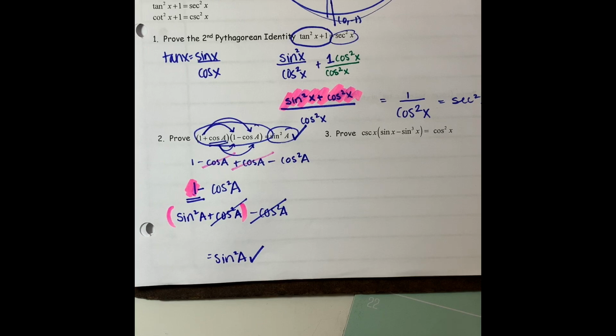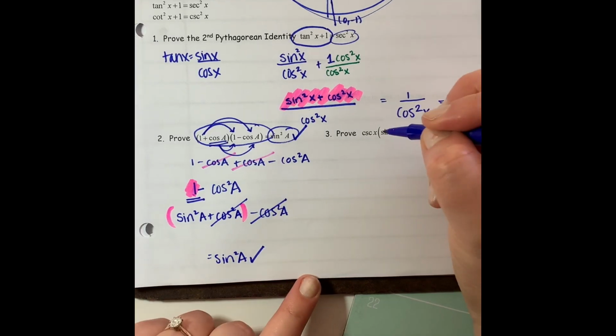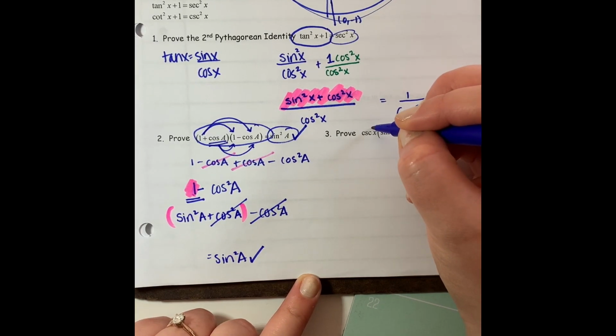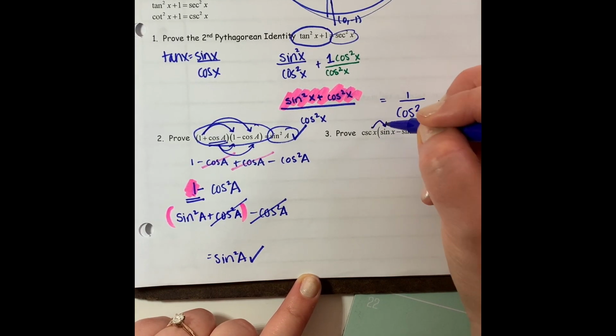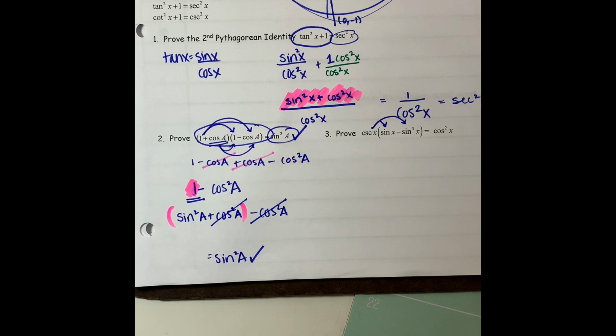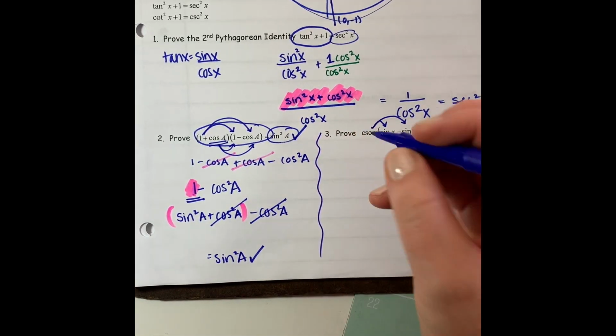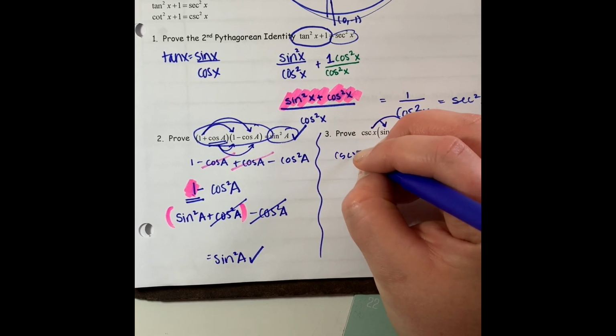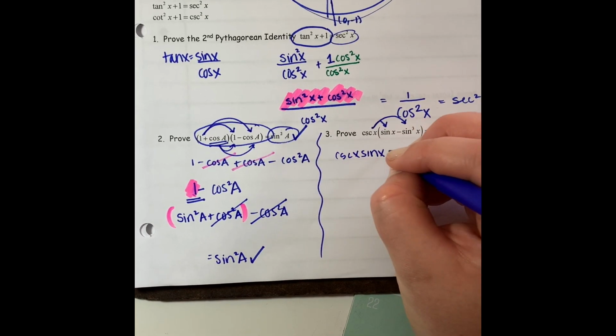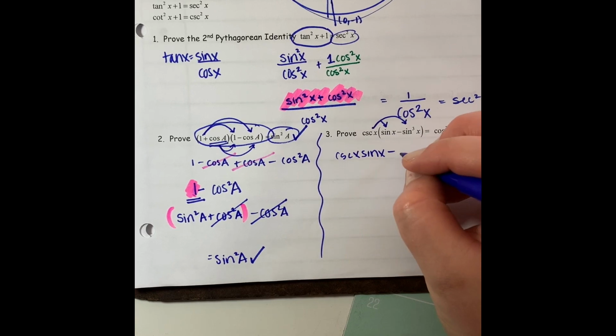All right, let's do another one. So next one I see here, I have a cosecant on the outside. So I'm going to go ahead and distribute that into both. Actually, first, well, yeah, we'll distribute first. So cosecant x is now going to be multiplied by sine x. So I'll have cosecant x sine x minus cosecant x